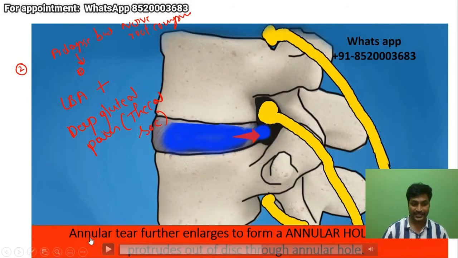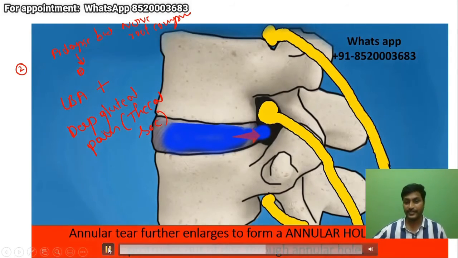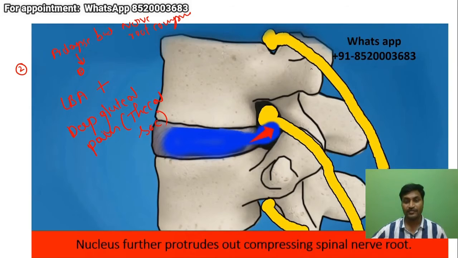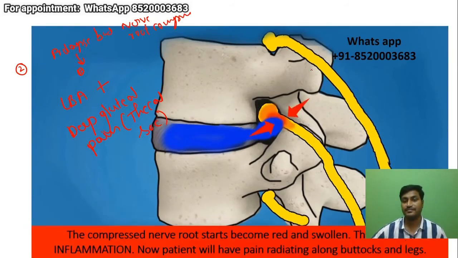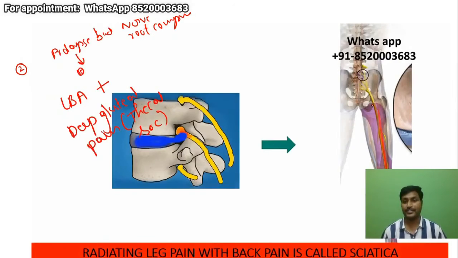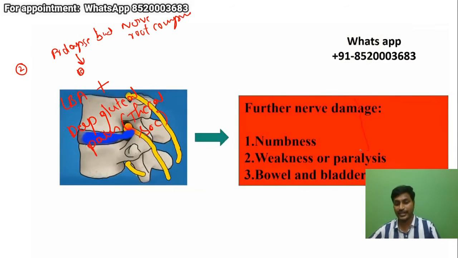Let us go to the third stage. Fourth one, I mean to say. Now in the fourth one, the patient has compression. The patient has inflammation of the nerve root. So what will the patient complain of now? Now the patient will have low back pain along with radicular pain. So what is radicular pain? The patient will have pain from the gluteus, from the back to the